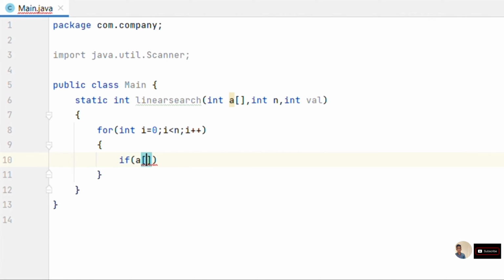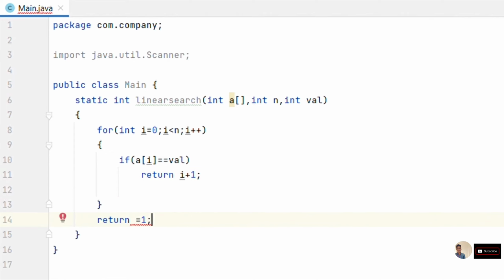If the array's element a of i is equal to the value, which is the value to be searched in the array, we have to return i plus 1, which is the position of that particular value. Close the for loop and return -1. After that, close the int method.